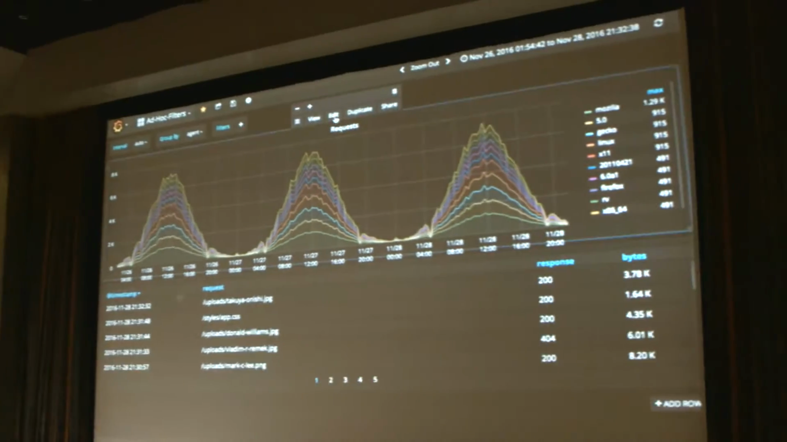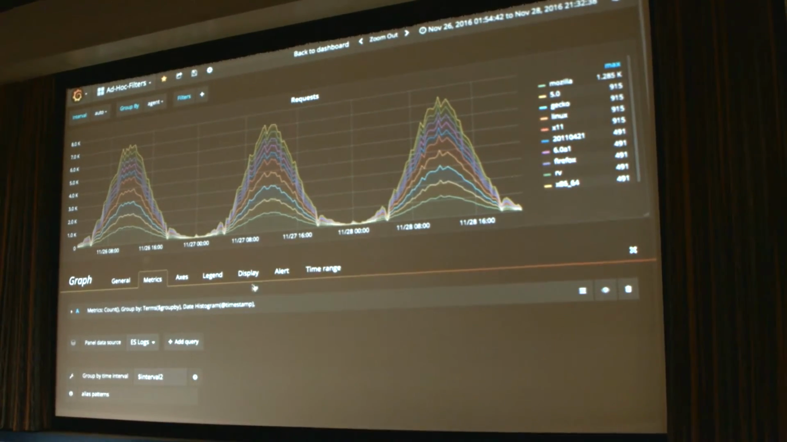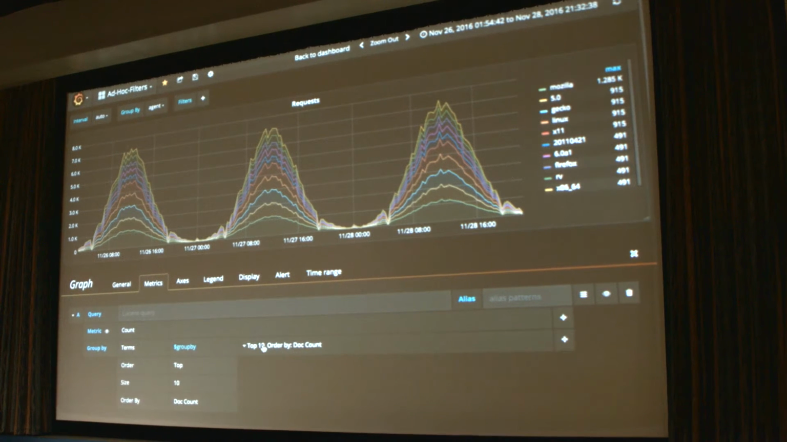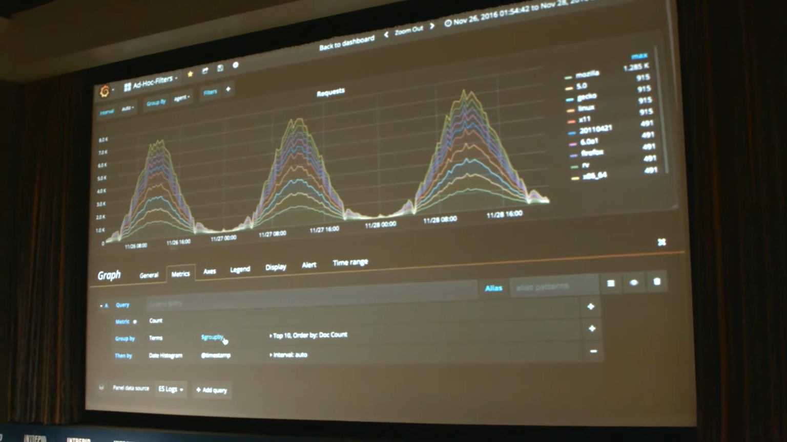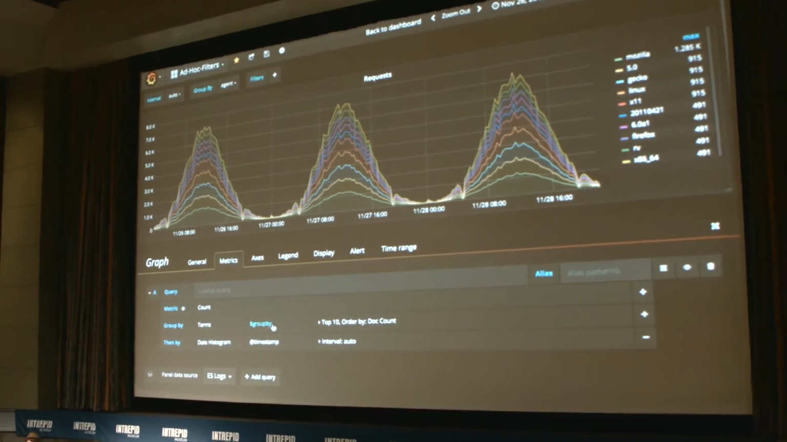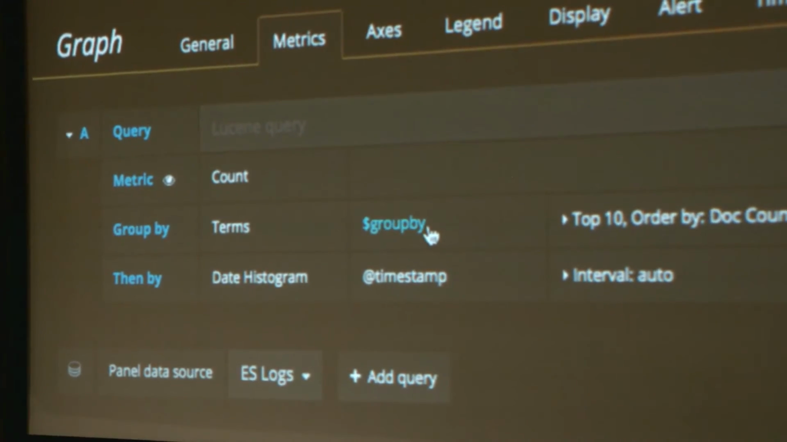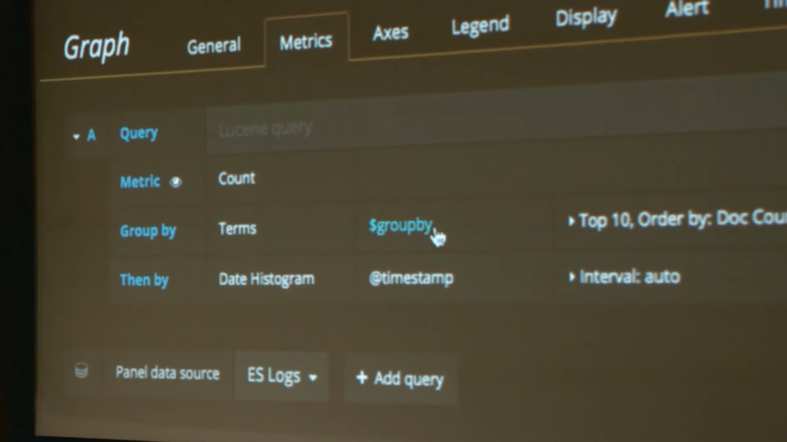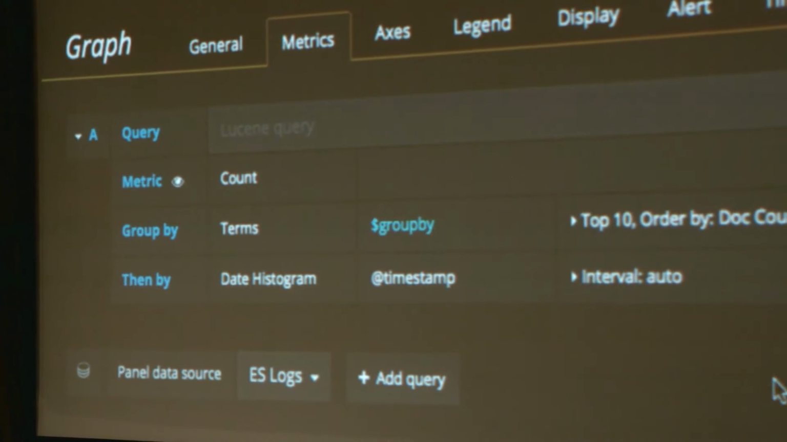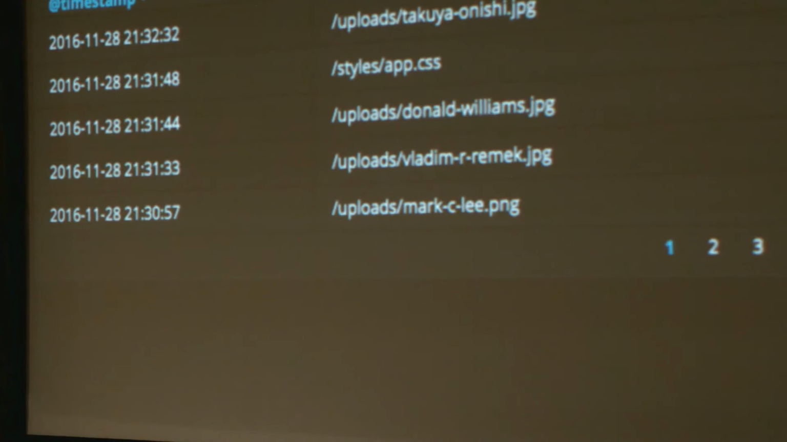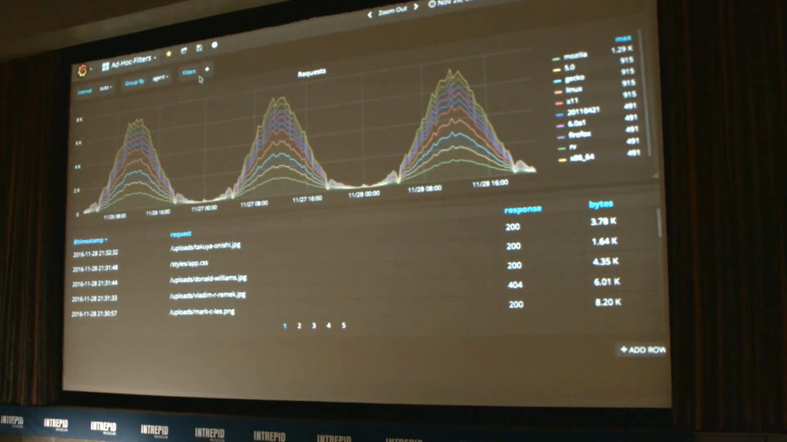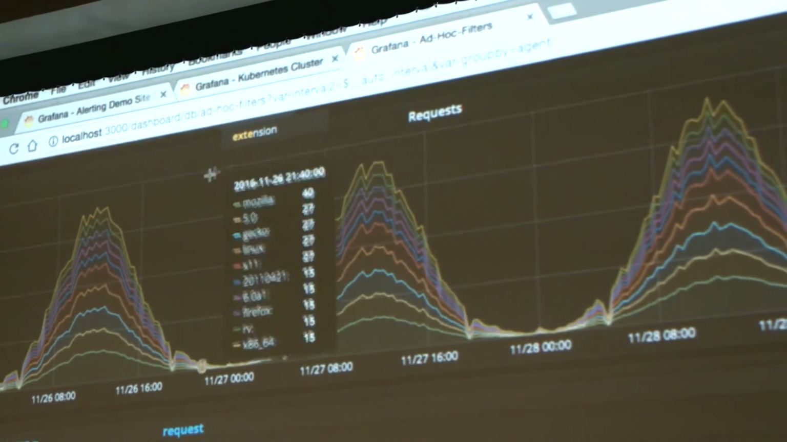So this is just something you can do today or in 3.1. Just use a variable in the Elasticsearch terms field. So from a dashboard variable, you can change how the data is grouped in the Elasticsearch query. But one thing that has been missing is to be able to do ad hoc filtering on this data. So to be able to say, okay, well, I'm interested in only requests